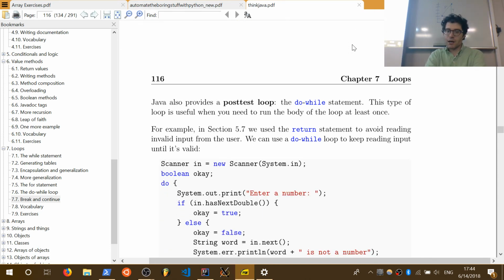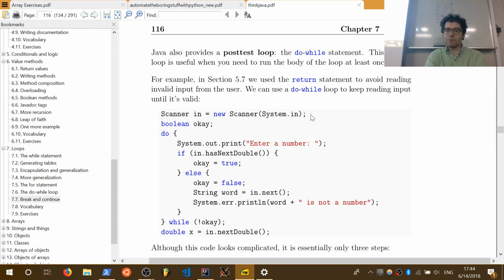So here's an example. Basically this will keep reading input until it's valid, right? So System.in is equal to new Scanner, System.in, boolean okay. Notice how the format for the do-while loop looks. It starts with a do statement, and while it's not okay, enter a number. If the next number, so in.hasNextDouble. The hasNext functions are kind of useful. hasNextDouble says, is the thing that the user entered a double? And there's a useful function for when we read files, hasNextLine, which tells us is there another line to read in this file. hasNextDouble lets us know is there another double upcoming. If it is, then that's okay. Otherwise, false, we want to read what they have and print out